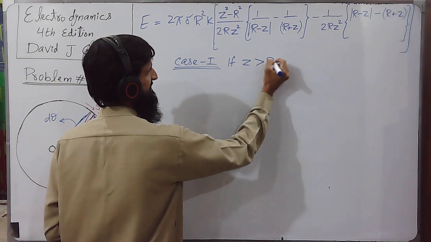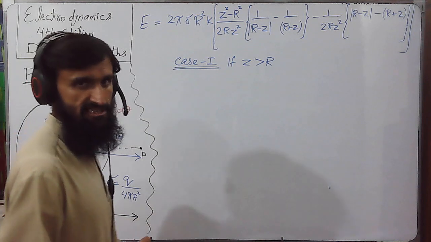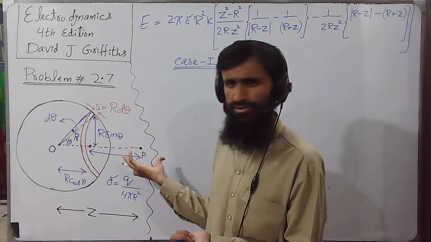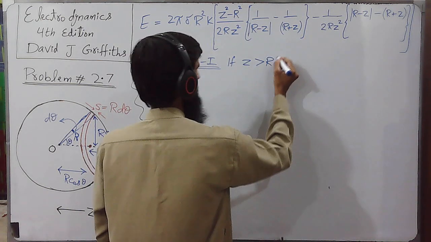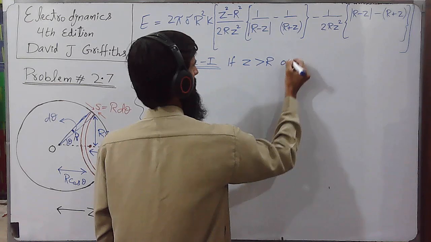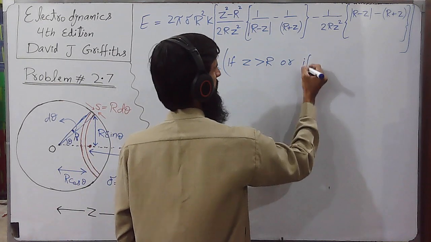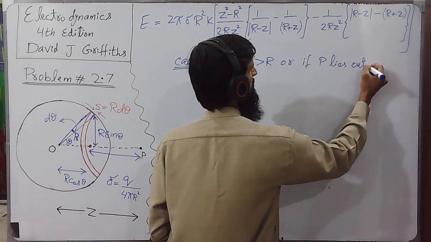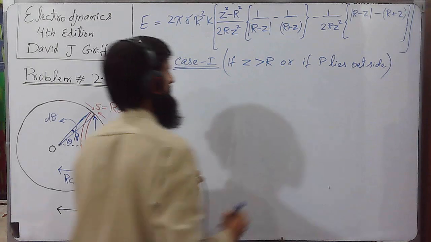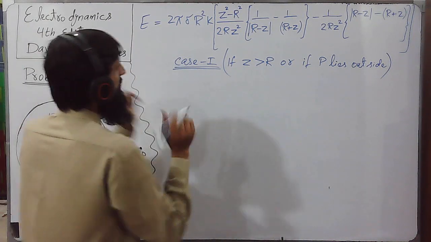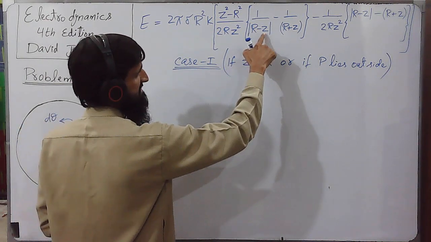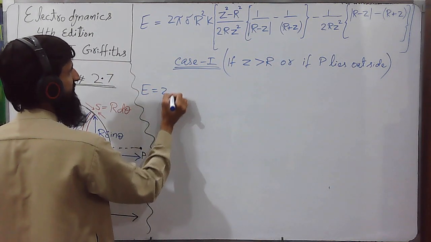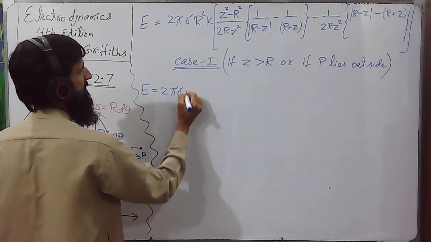If the distance z is greater than r, or in other words, if our point P lies outside the shell as shown here, outside the shell. Okay, now if this distance z is greater than r, then our expression is modified as 2 pi sigma r